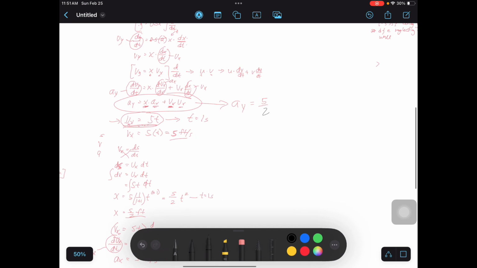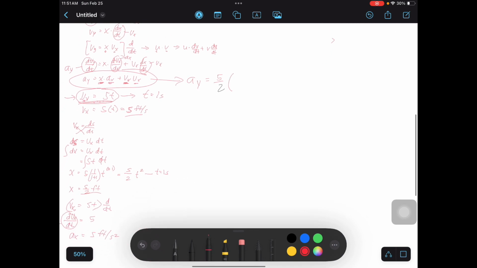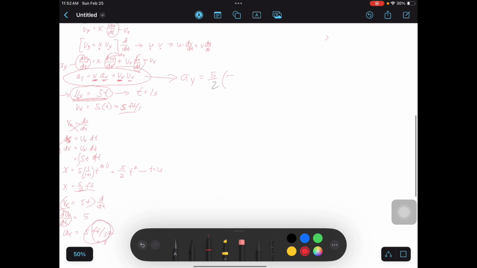5/2 times our ax, this one, 5 feet per second squared. Plus, what is our vx? This, 5 times 5. So, the answer there is,